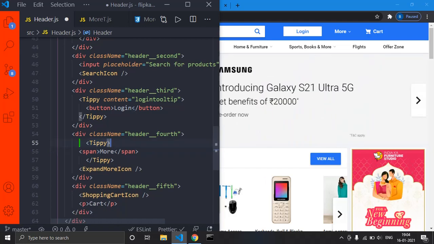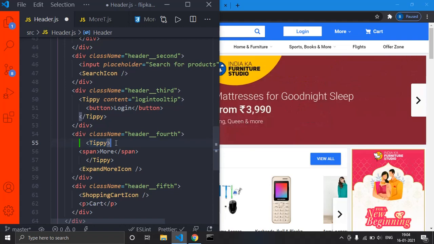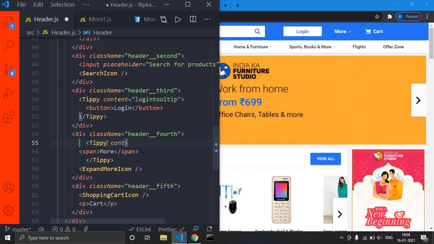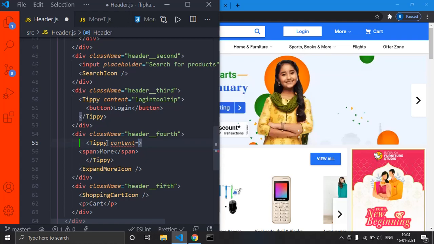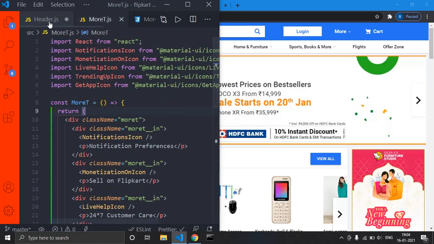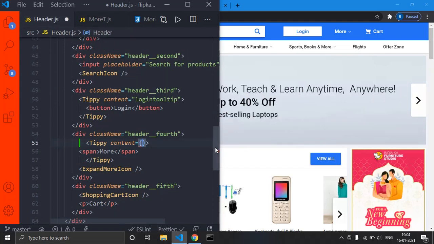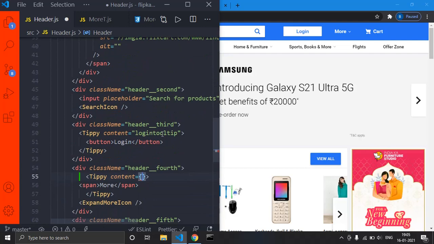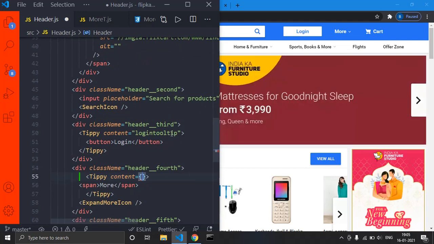and the content I want to give is... Actually this VS Code always takes time on my system, and it accepts a prop called content, and the content I am going to give is this component, right? See, unlike here where I just gave a string, I want to give that component instead of a hard coded string.